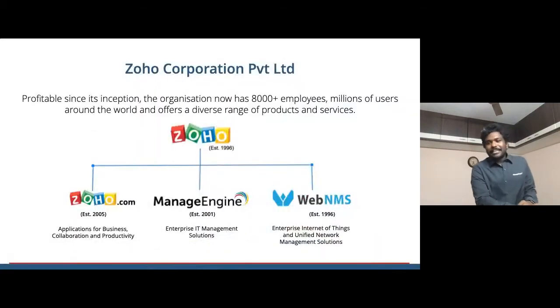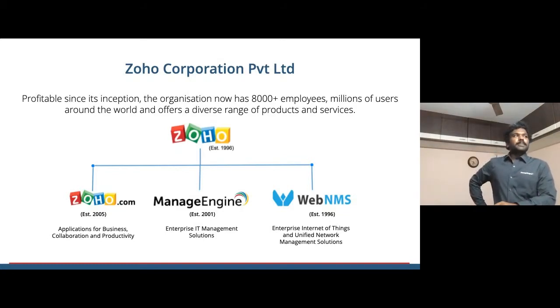So I'm Ram Prakash, like you would have known by now. I have been working with Zoho Corp over the last decade, and currently I work for a part of the group called Zoho Labs, where we do a lot of research on AI, blockchain, databases, hardware acceleration, and so on.